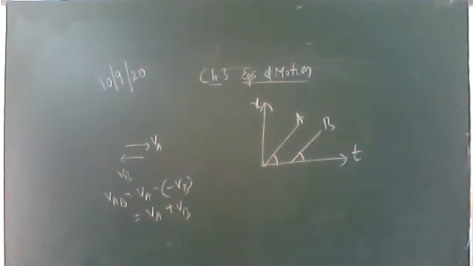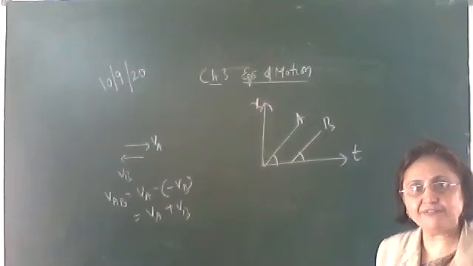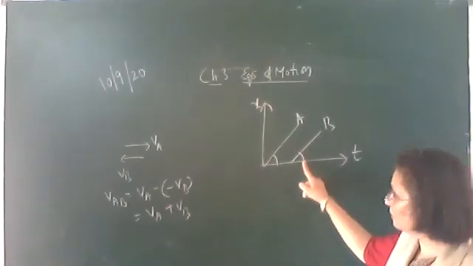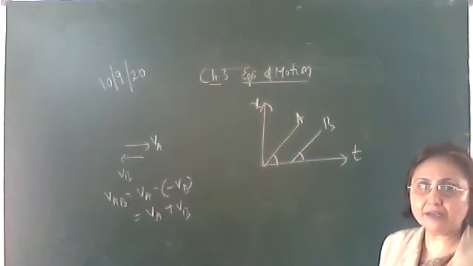Okay, how would the graph be? The two graphs will make an equal angle with the horizontal. Why? Because theta should be the same, so that tan theta is the same, so that their velocity is the same. The slope of the xt graph line gives the velocity, so the slope should be the same. For the slope to be the same, theta should be equal. So both will be parallel lines.